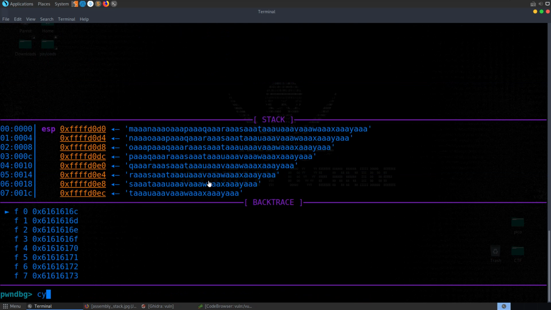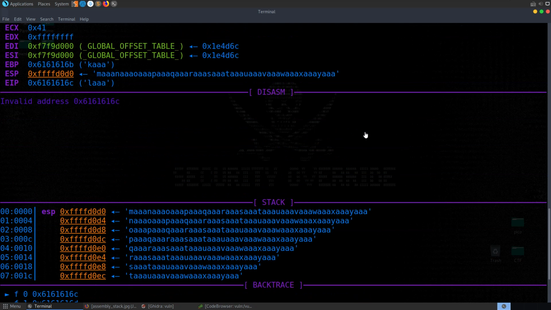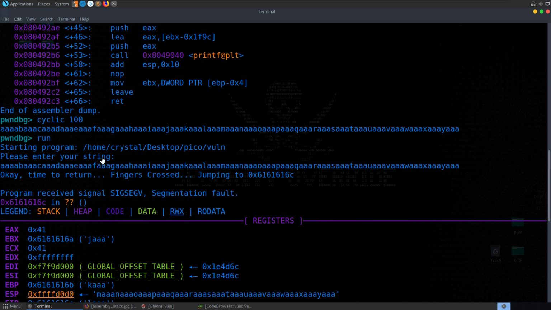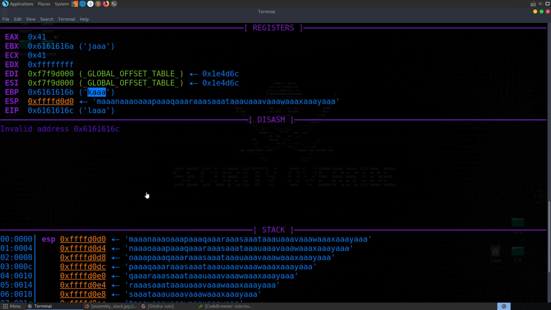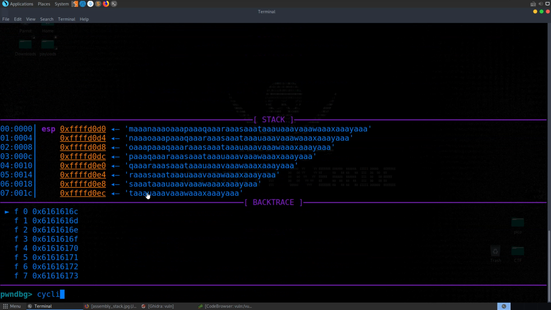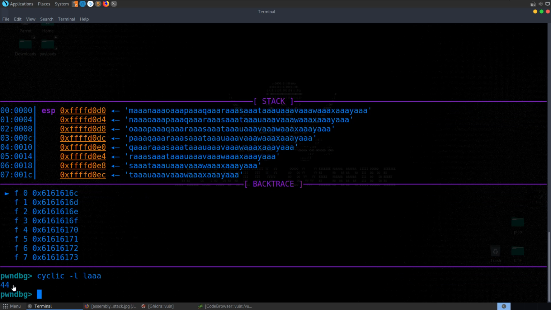What we want to do is have a look and see, in the string that we pasted, where is LAAAA? And it's right here, so this is the offset. We need to write this many bytes before we're going to be controlling what's in the return address. So the KAAA is going to be our EBP. Remember, that's right before our EIP. So we don't have to do that manually. We can say cyclic -l to look that up, and then paste that in,